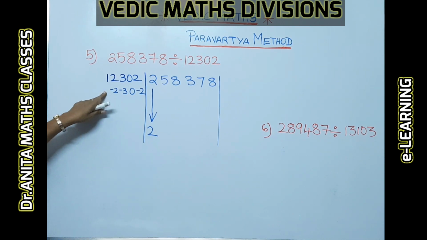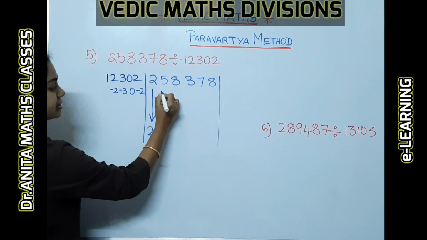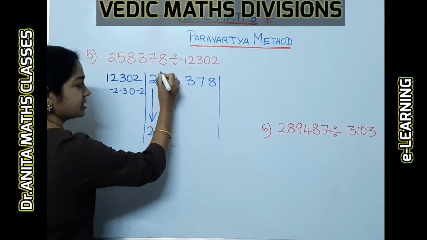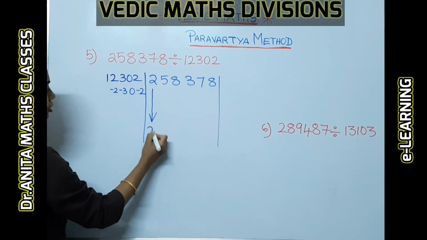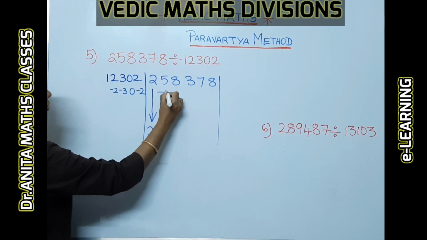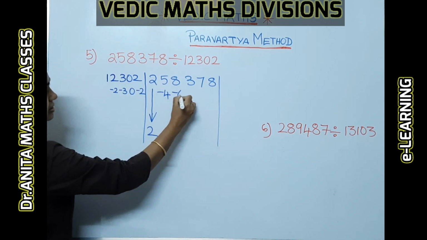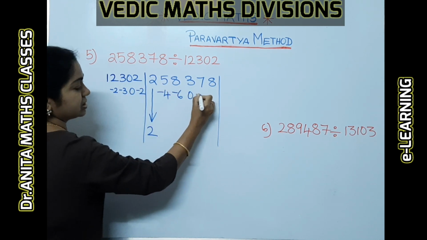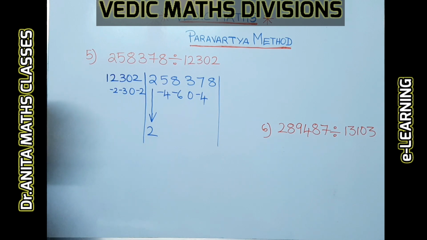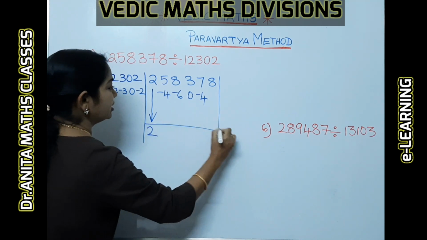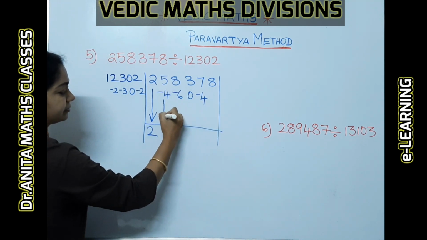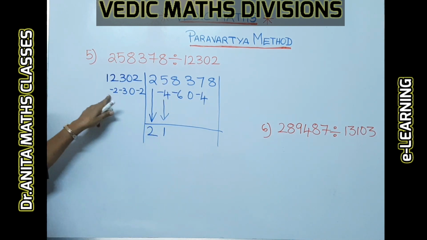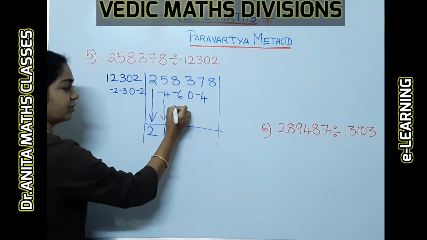Now multiply it with the complete transpose and write it in the second column, second row. So 2 into minus 2 is minus 4. 2 into minus 3 is minus 6, 2 into 0 is 0, 2 into minus 2 is minus 4. Right. Now here what we have to do, just subtract it. 5 minus 4 is 1. Again multiply with the transpose, writing from the third row, third column.